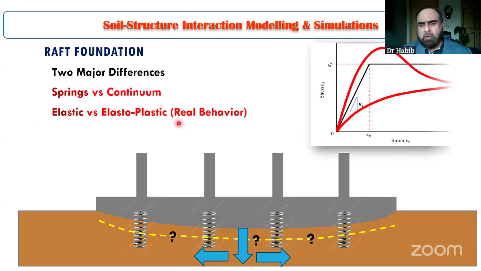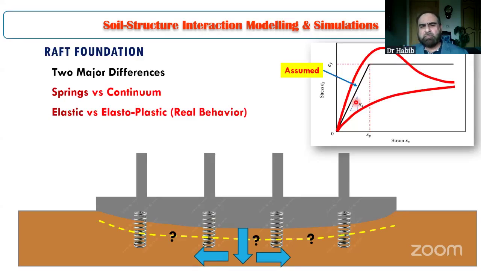I can try to represent this through these plots. We can see over here a line which is basically an elastic model, and this is what we are assuming. But the real soil behavior is bracketed in between these two extremes. We can have a soil behavior like this, or like this, and we can have an infinite number of behaviors in between. So whenever we are assuming